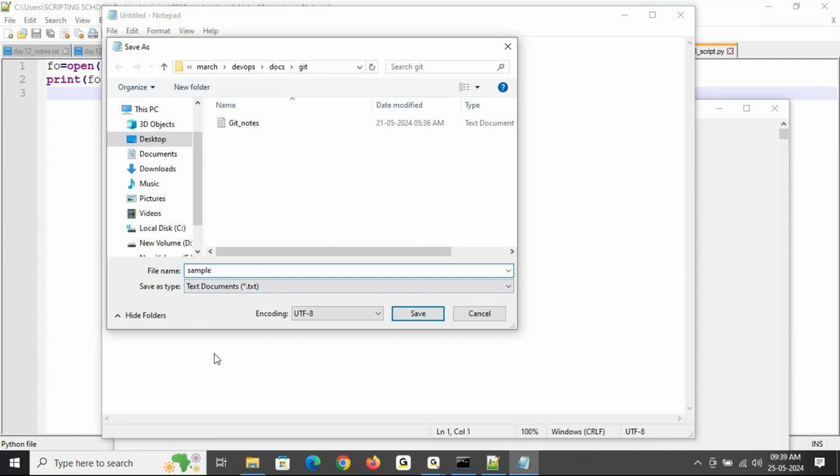If you clearly observe at the bottom, there is an encoding format. We never observe this, but by default the system is using some encoding format, UTF-8. There are different encoding formats, and you can see them here. So this is the encoding